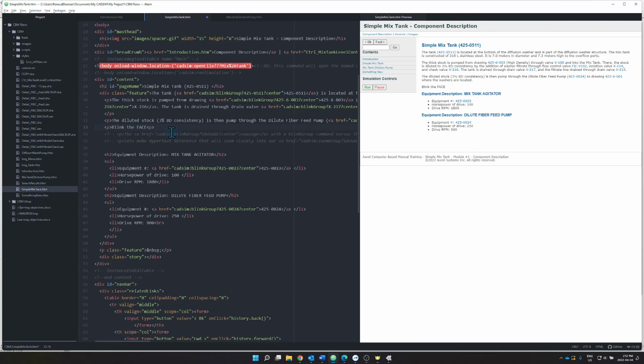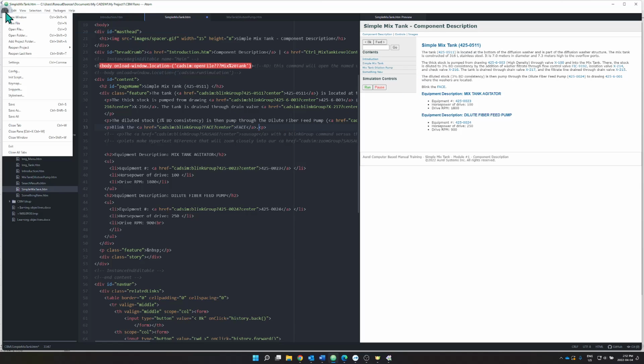And so I'm just copy pasting one and editing it because I know I created a group called face. And so what it's gonna do is gonna blink my group called face and center it. And I'm gonna write the word face here, and I can remove this and just add a period. So we have here, this is a preview of what it would look like. How about we do file, save all,